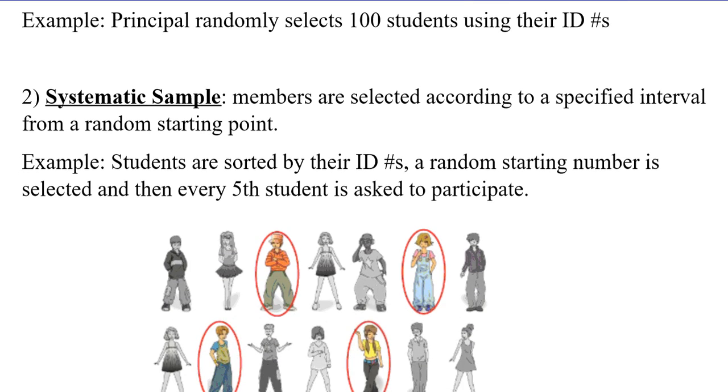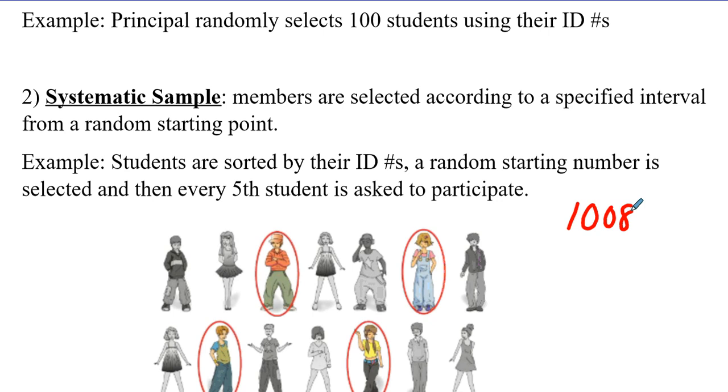The second type of sample is a systematic sample, and that's when people are regularly selected at a specified interval from a random starting point. So let's say students are sorted by their ID numbers, a random starting number is selected, and then every 5th student is asked to participate. So maybe in the program in PowerSchool, we use a random number generator, and let's say the number that comes up is 1008, and then we're going to survey every 10th student after 1008, maybe wrapping